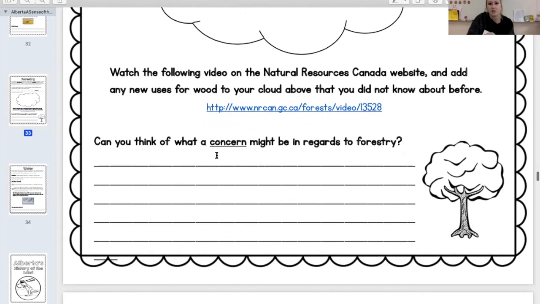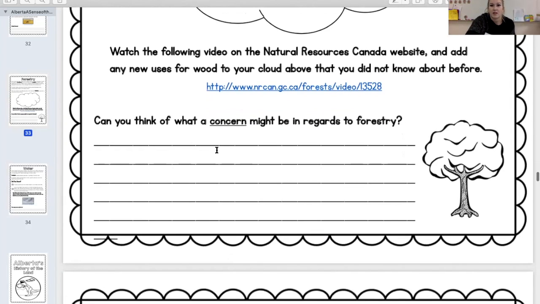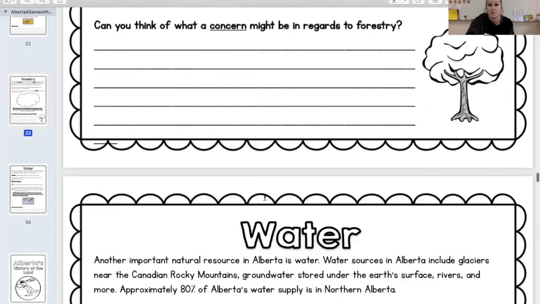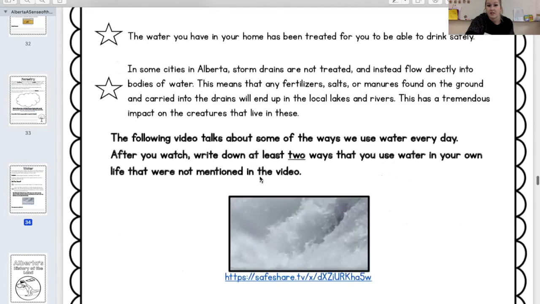And then some concerns about forestry would include running out of trees, kind of. So like losing trees, running out of trees. Like they talked about in the video, creating ugly spaces or bland spaces with stumps. So those sort of things. Animals even and their habitats, animals who live in trees, animals who use trees for food. So anything like that, your answers may vary or be different.